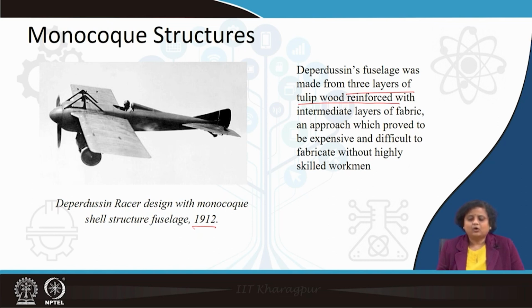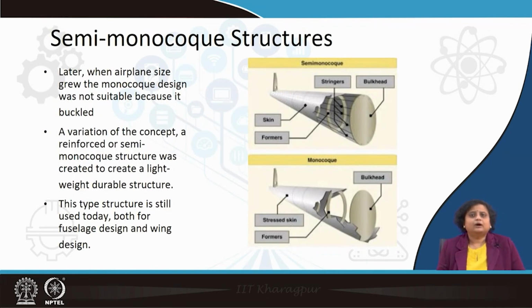This also became expensive because a larger extent of wood was being used to develop this kind of structure. So, because of these disadvantages, primarily the huge cost and the very skilled craftsmanship required to develop this structure,